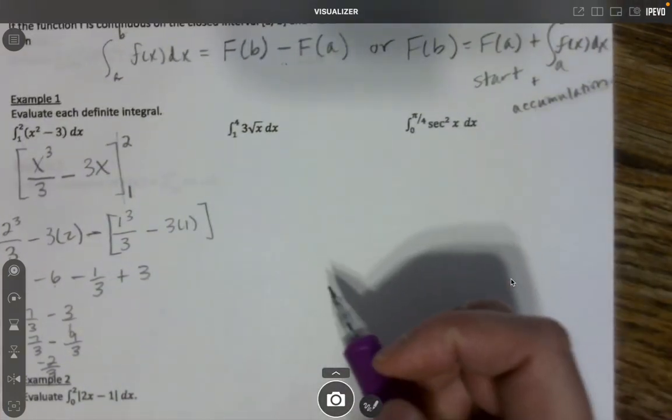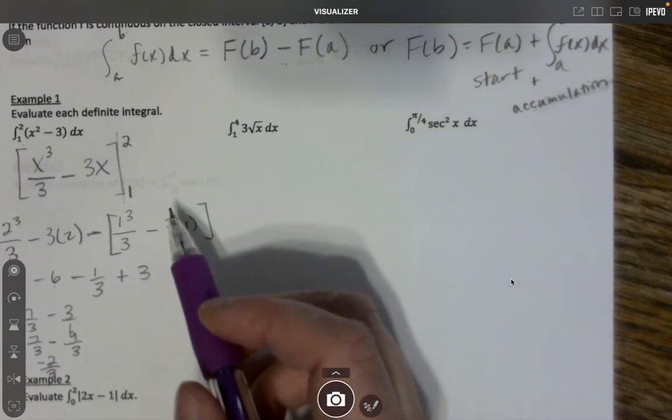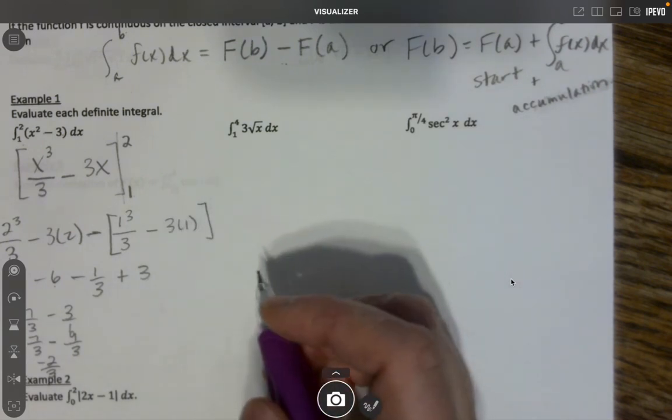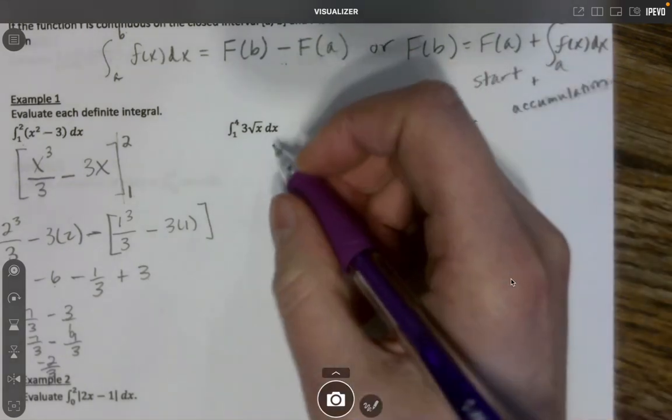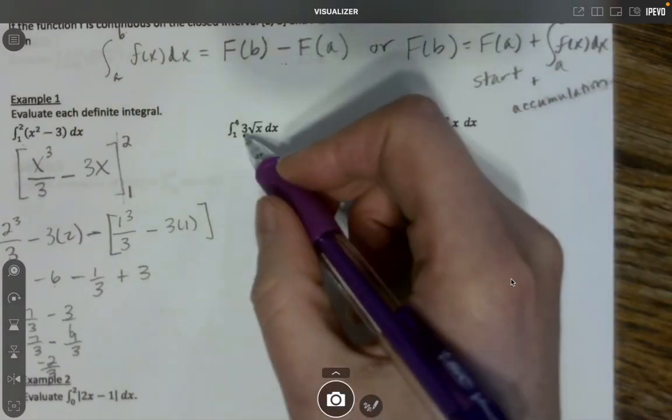So right now we're not worried about what this means or a picture of it. We're just working on the mechanics right now. So it's really kind of important for us to note. Okay, on the next one, I'm looking at the integral from 1 to 4 of 3 times the square root